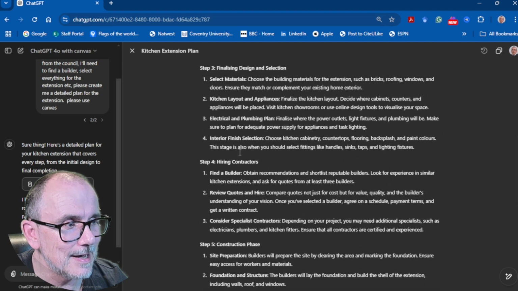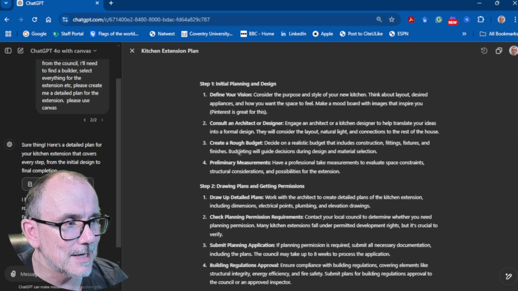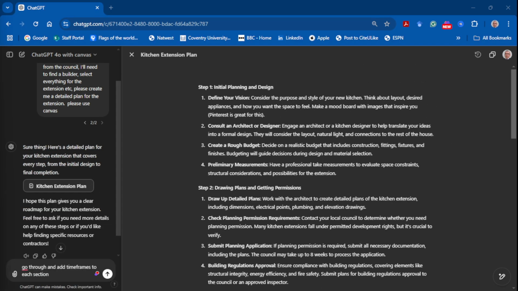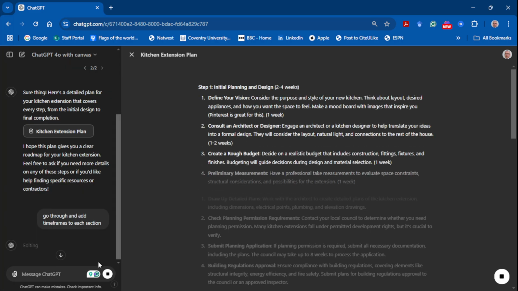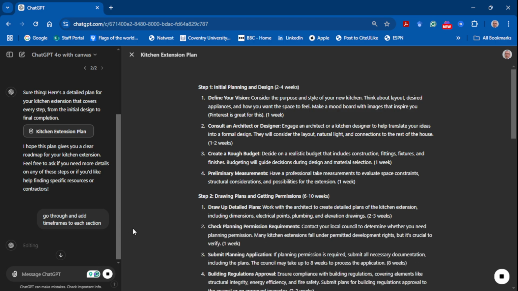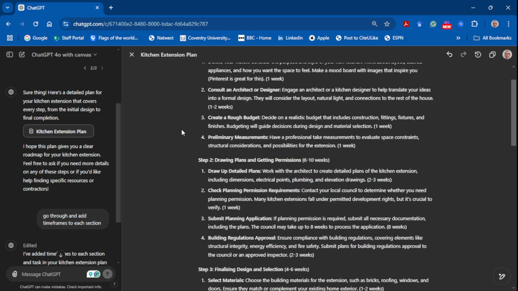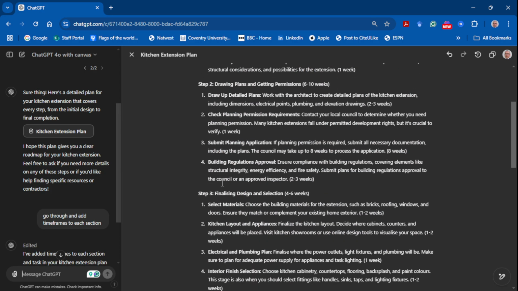So now what I've asked it to do is to go through this plan and add timeframes to each section. And what it does is go through, suggest how long things take, even give me ideas to go to Pinterest to get the vision. I think I've left that to Mrs. Professor. And there we go. It goes through and gives us the week. So as you can see, you get what you want, and then you can start saying, okay, well,